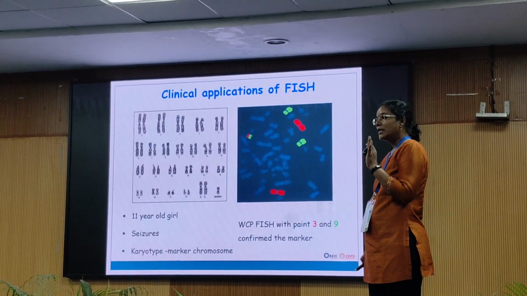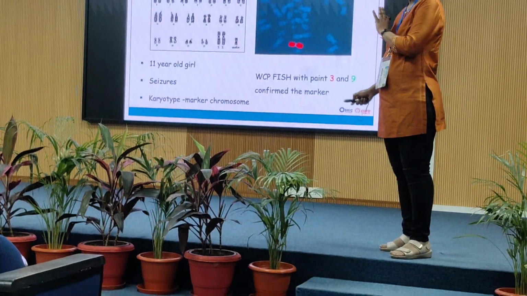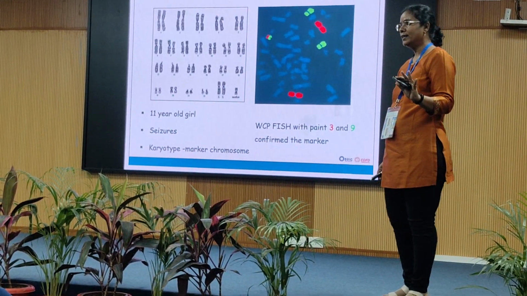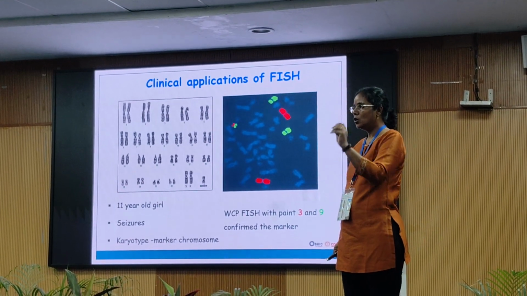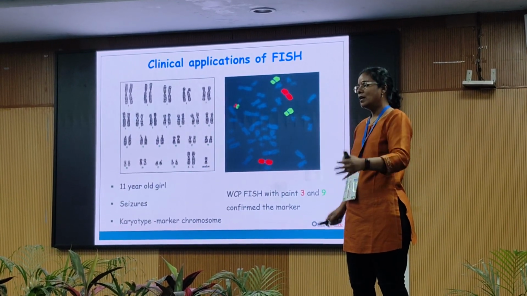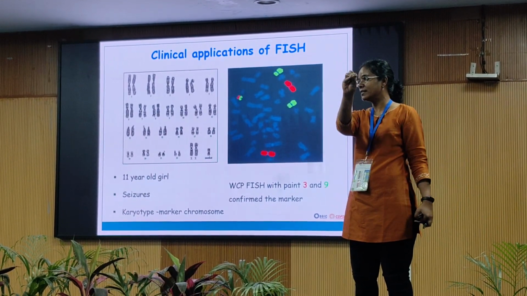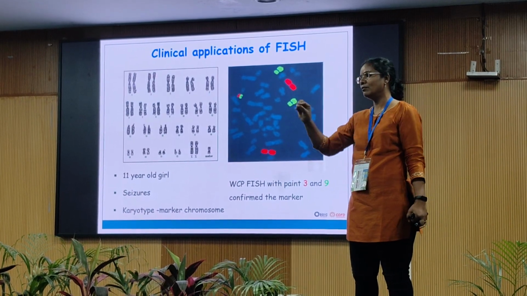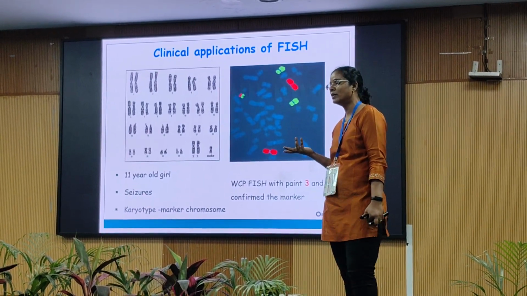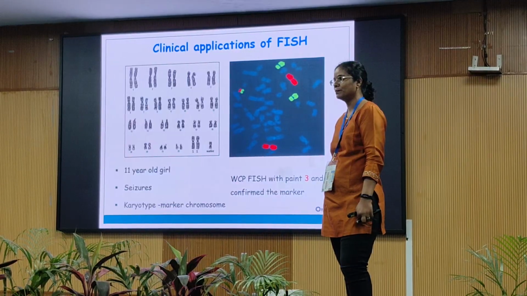No, see, that's what I'm saying. If karyotyping was not done, and only CMA is done, we have to see from where it has come. This 3 region is there, and where this is, that time we do not know. In microarray it doesn't say that there is a marker chromosome.